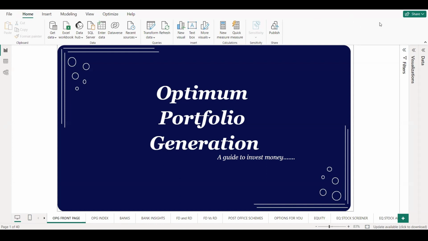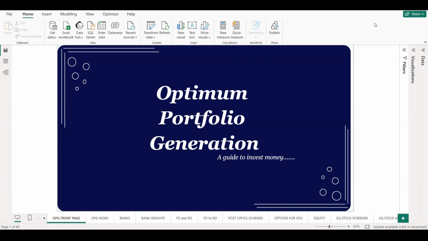The only way in which you can achieve financial freedom is by investing your money in the right place. There are many investment options in India. One can choose to invest in a fixed deposit or recurring deposit offered by banks, or one can invest in gold. Also, look into options like post office or mutual funds or even shares of companies. These are the most common investment options available for a layman in India.